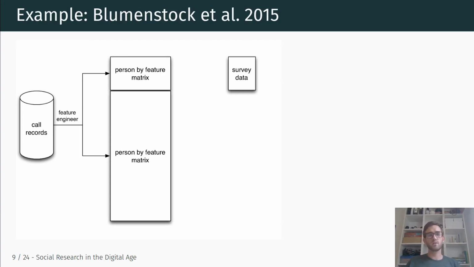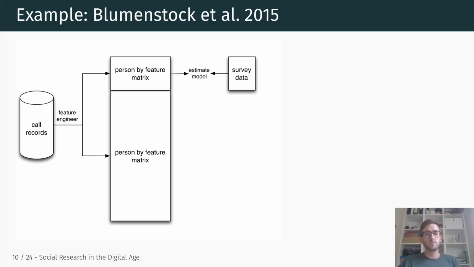And so one crucial step, and I'm not going to go too much into the details, is there's a lot of information in these call records, right? You have times of calls, what types of connections, the locations, length of phone calls, frequency of phone calls, are there international calls and things like that. So there are a lot of different features, so pieces of information, in there that you can connect to each individual phone number.